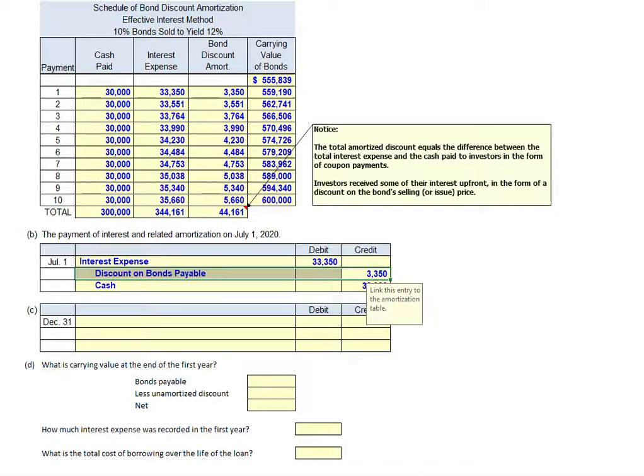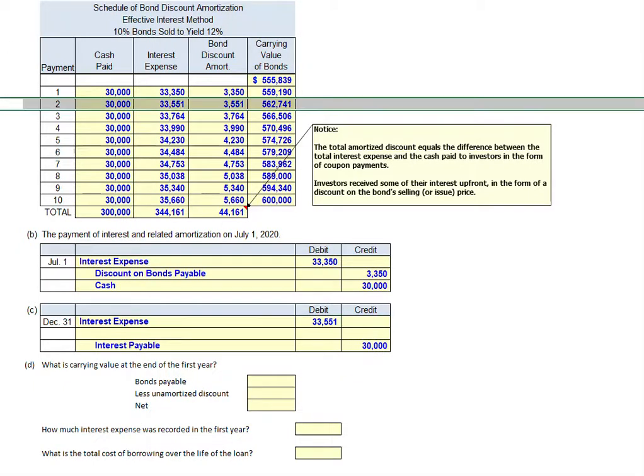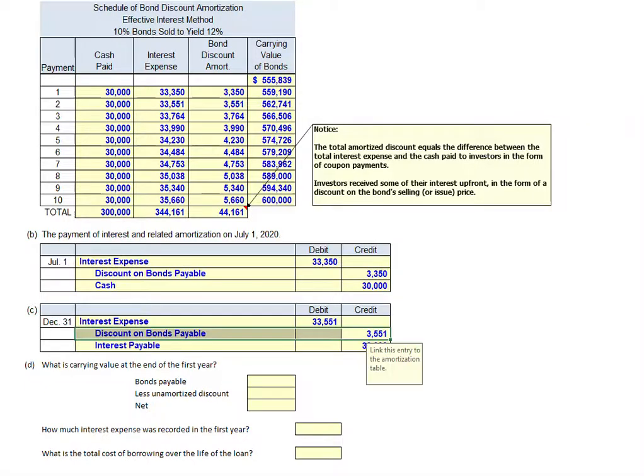But we need to, from an accrual perspective, record the liability. So we'll credit interest payable for $30,000. We will debit interest expense for $33,551. Again, that's coming from the second row of our amortization table, as is the amortization of the discount in the amount of